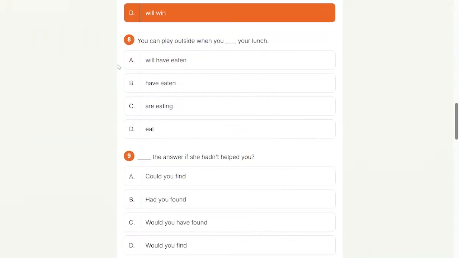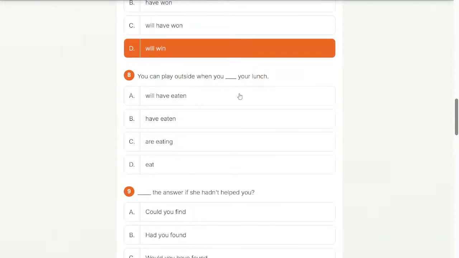Okay. Eight. You can play outside when you blank your lunch. So you need to choose eat, will have eaten, or eating. This is maybe a future clause, or not, or just a simple sentence.